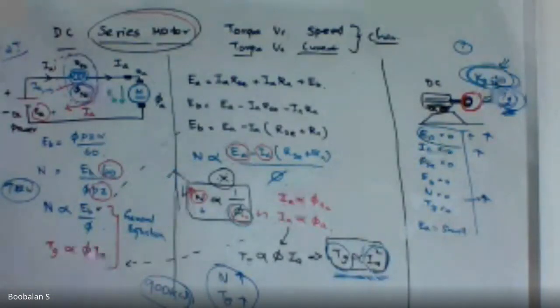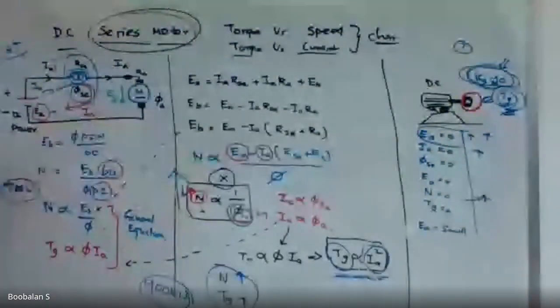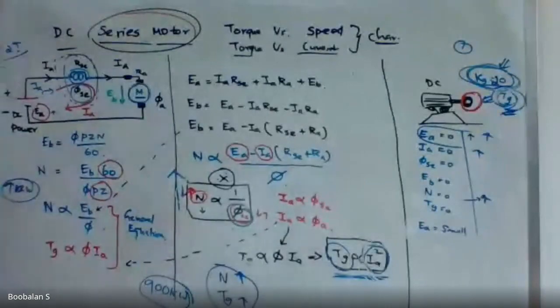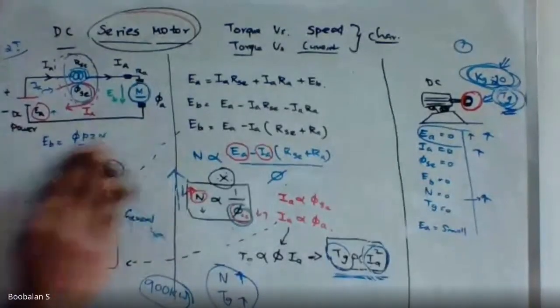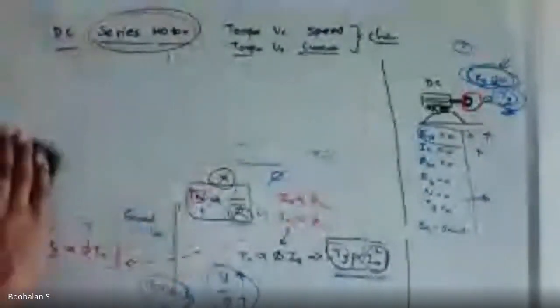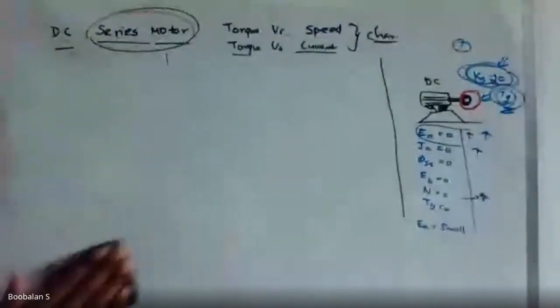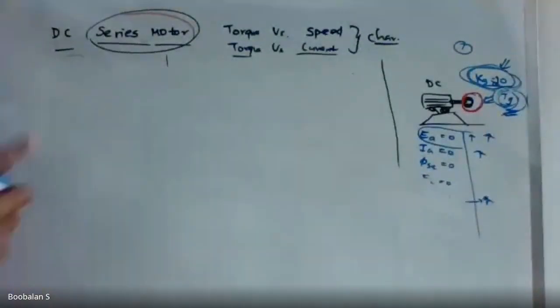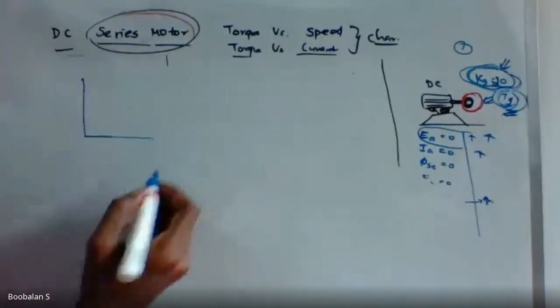Let me draw the graph. Anyone just take a snap, and we'll go with that graphical view. That's called characteristics, right? It's easy actually. If you understand this, it's easy. So two characteristics, two diagrams. I'm not going to take much time, we can finish it easily.